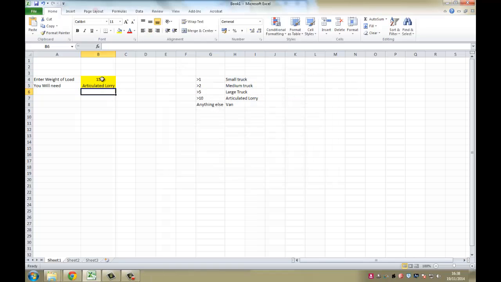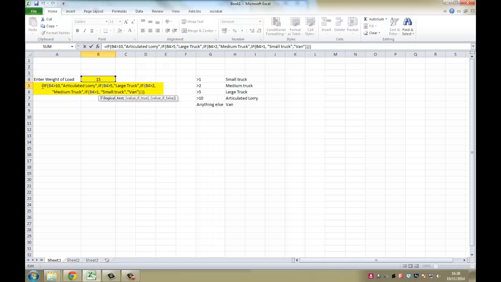Now, the formula that you need to do this is actually reasonably complicated. If I just click on this one, you can see it across here, but actually probably the easiest way to read it is across the top here. Now, B4, this bit here, is where I store the number that I'm going to type in. Okay, and when you're doing these, you start with the highest value and work your way down. So we've gone 10 to 5 to 2 to 1,